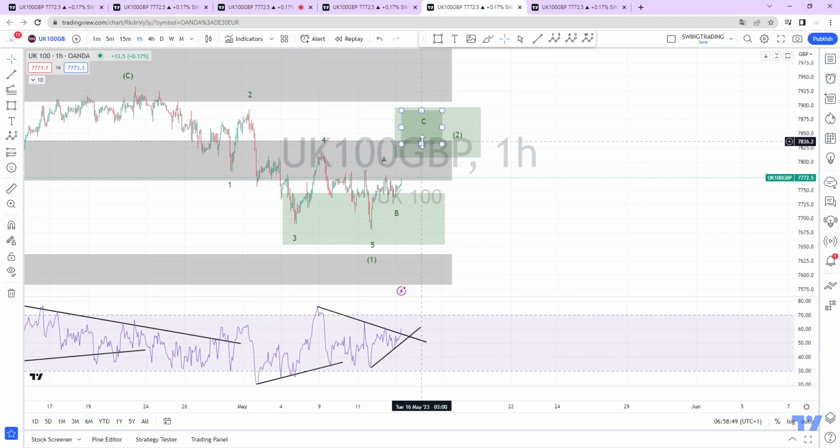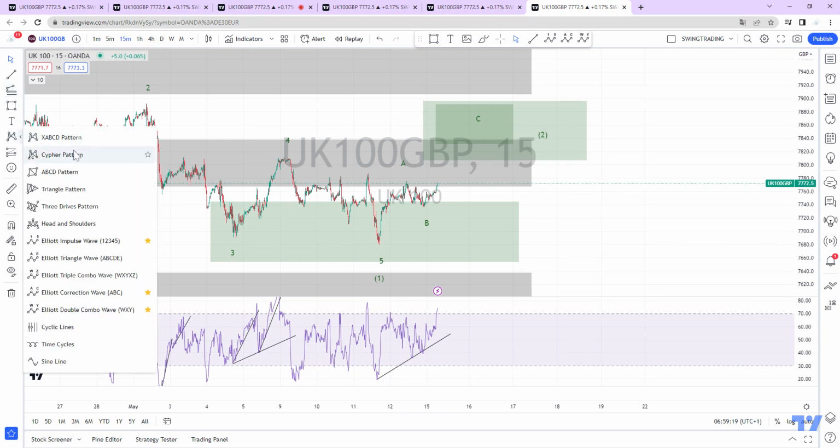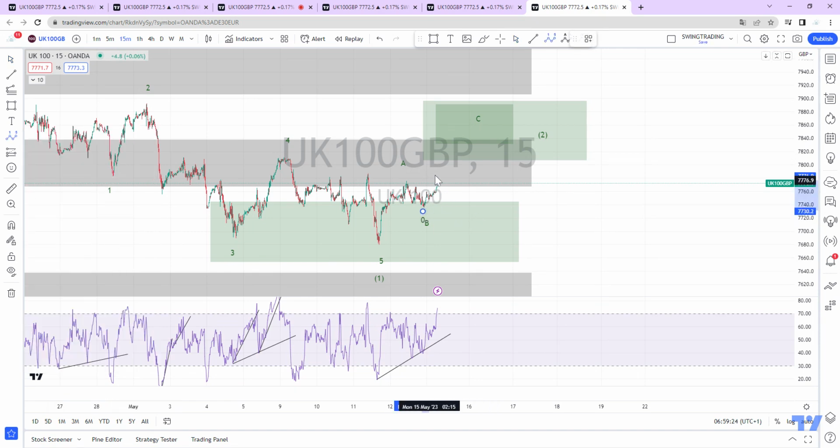Actually, this would also be a good place to enter a short, because you are in this wave C area, and you're also on top of a major resistance zone. So this might also be a good place to enter. But then, what I would like to see on the 15 minutes is some kind of an impulse up that ends with